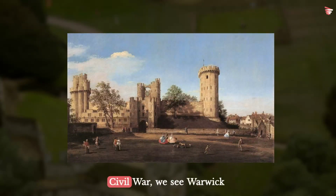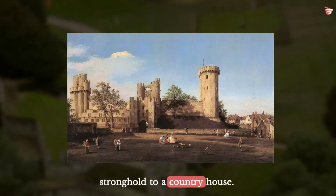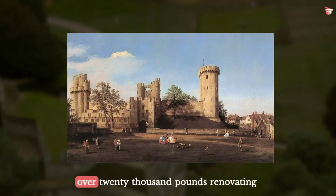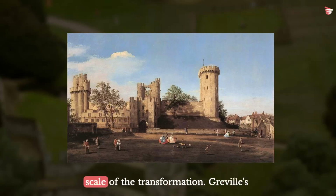In the aftermath of the Civil War, we see Warwick Castle transitioning from a military stronghold to a country house. This shift reflects broader changes in English society and the declining military relevance of castles. Fulk Greville, who was granted the castle by King James I in 1604, spent over £20,000 renovating the castle. That's equivalent to about £5 million today, a staggering sum that gives us an idea of the scale of the